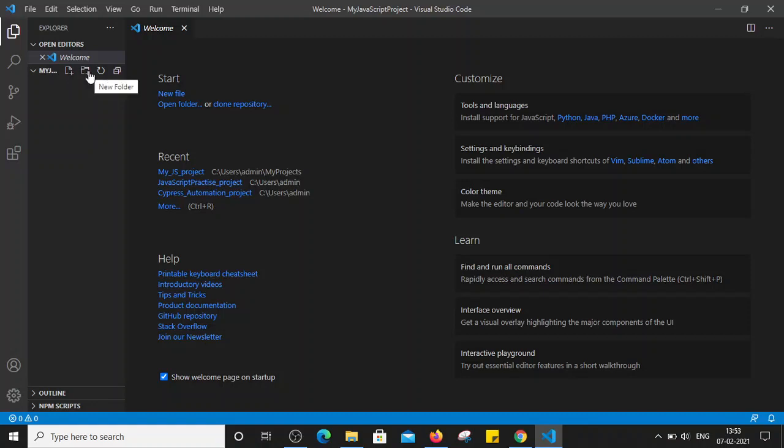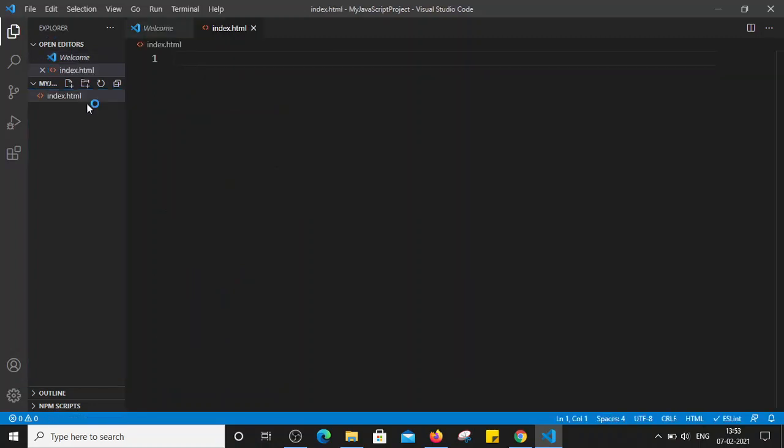We are now going to create one HTML file. Let's click on this new file option and give the name index.html. It's creating the index.html file. Now we will first create one HTML file, and we have to put the script tag in which we can write the JavaScript code.